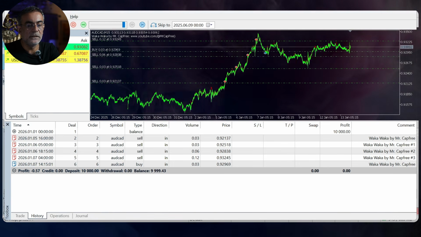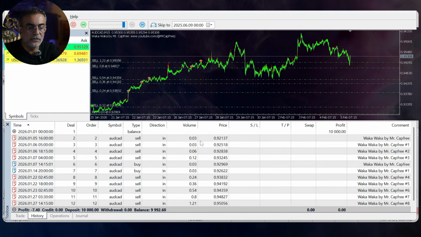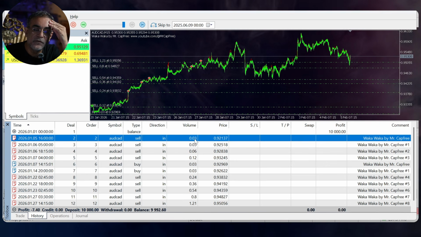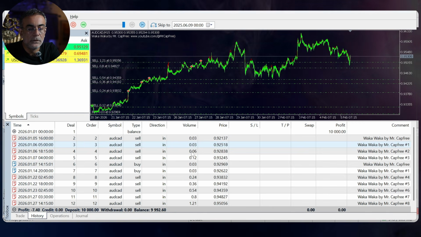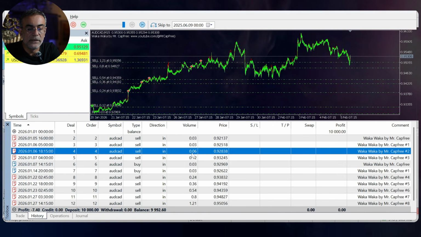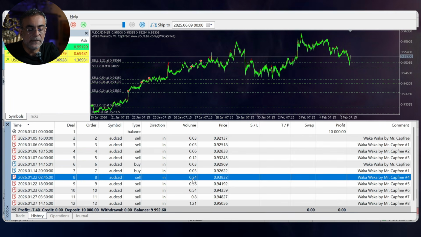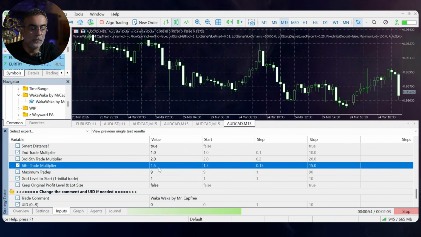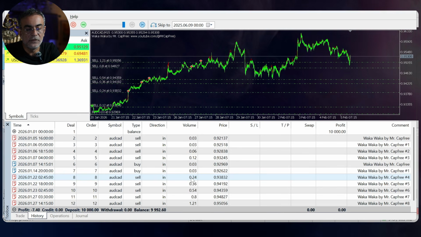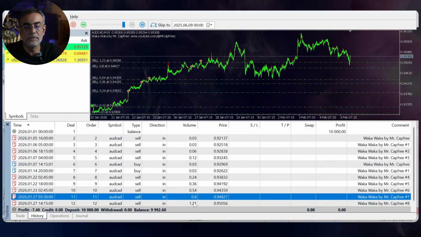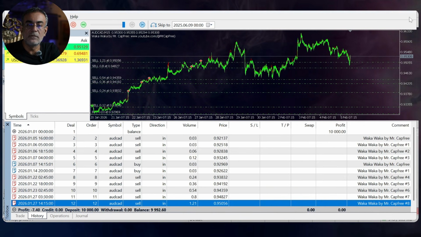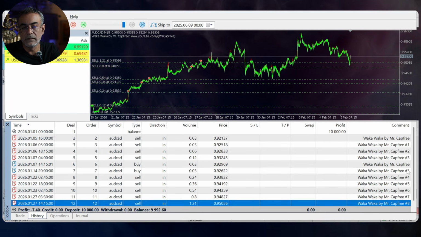So I'm going to speed it up a little until we have more trades. So if I look through all of the sell trades, the first trade was 0.3, the second trade was 0.3 because the second trade multiplier is 1. Then from third to fifth it should be multiplied by 2. So here it's multiplied by 2, then multiplied by 2, and then multiplied by 2. And then from the sixth trade onward it should be multiplied by 1.5. So we're seeing that from here it is multiplied by 1.5, multiplied by 1.5, multiplied by 1.5, and multiplied by 1.5. So we now have our grid functions done with the proper lot sizing, with the comments with grid levels,